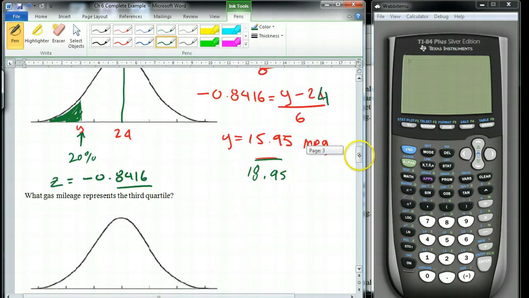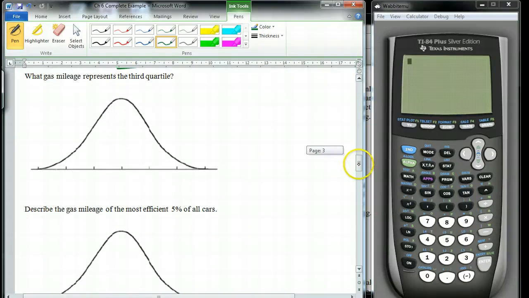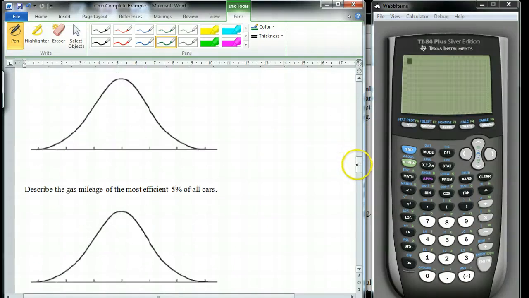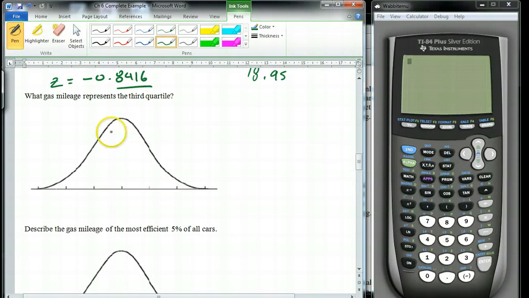All right, a couple more questions here. We kind of did this one in class. What gas mileage represents the third quartile? The third quartile corresponds to the 75%. So this is 24, mu, and I'm looking for the 75th percentile. So if this is 50%,